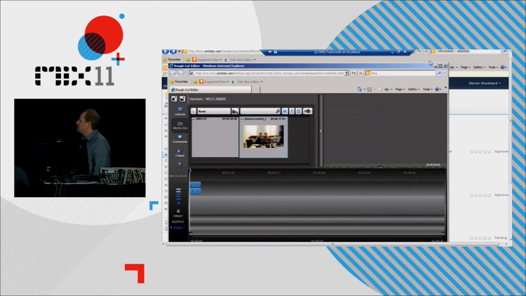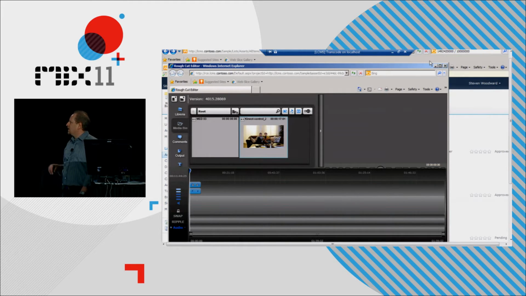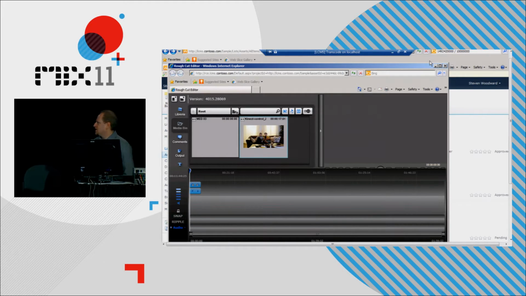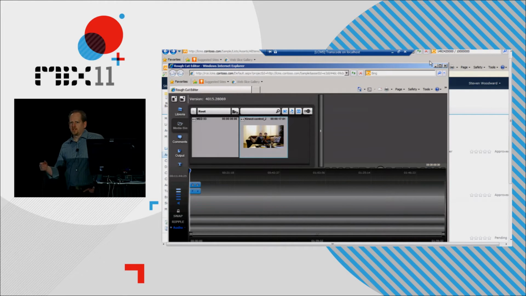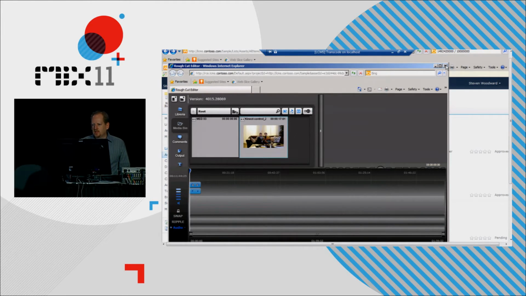So the one thing I will say about rough cut editor is there's another session on it. There's a 30-minute session that Jason's doing tomorrow, Jason Seuss, one of my peers. He's actually going to go into this in a lot more detail, show you all the ins and outs, and talk about the new functionality that they're planning. There's a lot of work they're looking at doing to improve rough cut editor for next year's Olympics. So let's go ahead and close that one